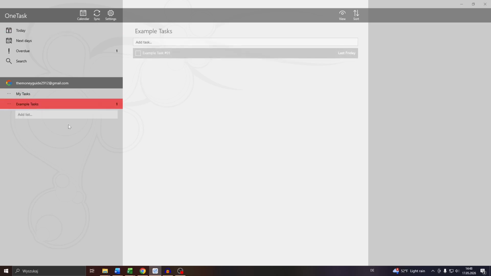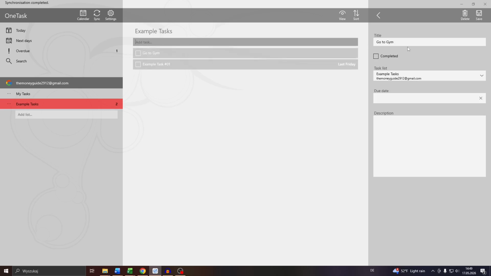Here to the right, click into this button, give your task a name like, I don't know, go to gym or something like that. Click into this plus button to the right, and now you can customize it. For instance, you can assign a task list. Well, we have already selected one here to the left, and then you can also describe it here, set the